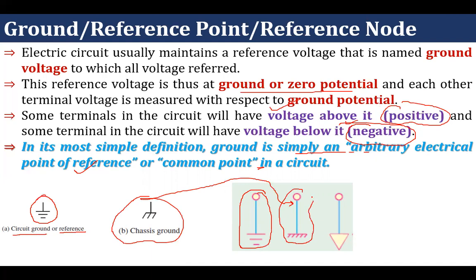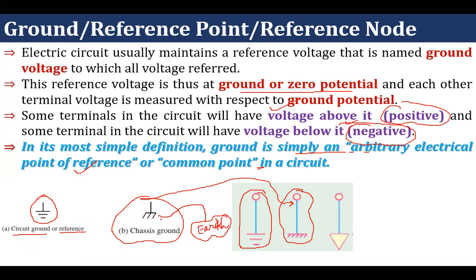Same has been represented here also. Okay. What is a chassis ground? Here we are going to put that node to the earth. Okay. In unit number 6, we are going to deal with earthing. That time we'll explain this concept. For the time being, we have to remember that this is the symbol of earthing, and which is also known as chassis ground. So ground is different, earthing or chassis ground is different.